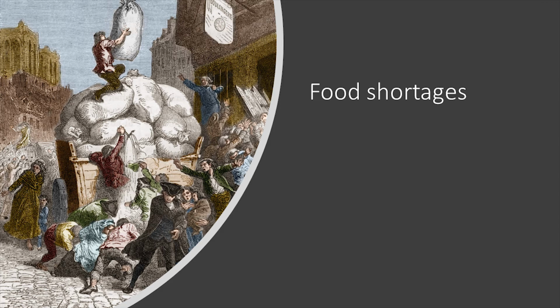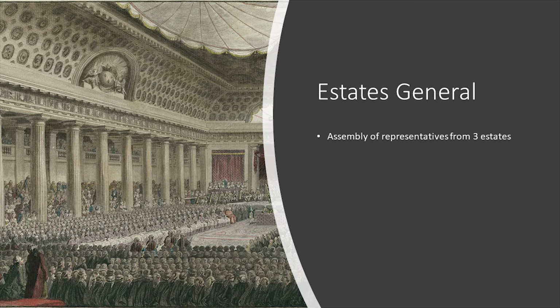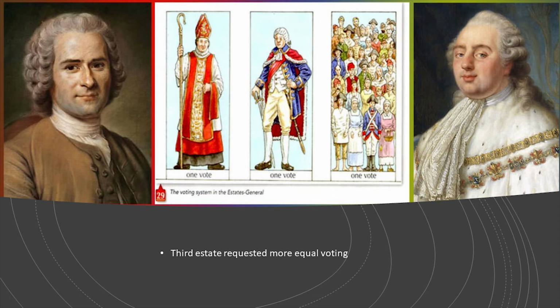The short-term cause or trigger of the revolution was, as mentioned, caused by the long-term causes: France was almost bankrupt and the nobility refused to accept tax reforms. This led to an emergency meeting of the Estates General. This is an assembly comprised of representatives of the three estates, namely the church, nobility, and the third estate or peasantry. Each estate had the same number of votes, so the nobility and the church could join forces to outvote the third estate. The third estate therefore demanded that voting should more fairly reflect the membership of the different classes.